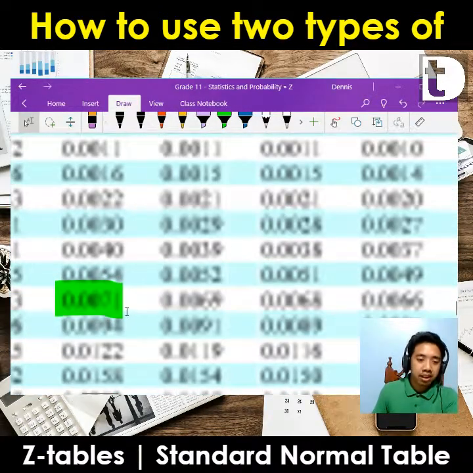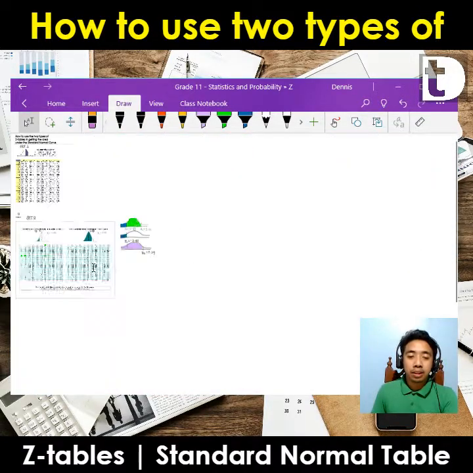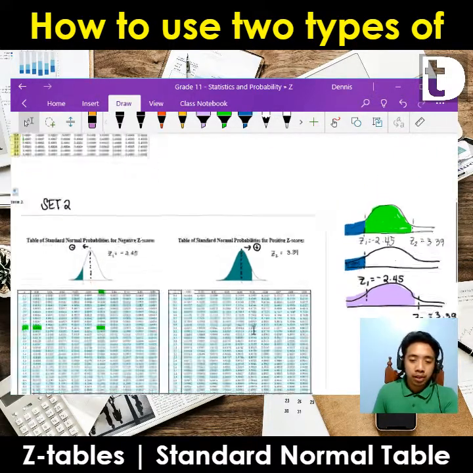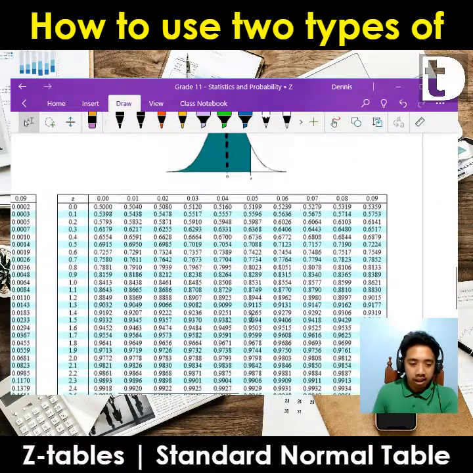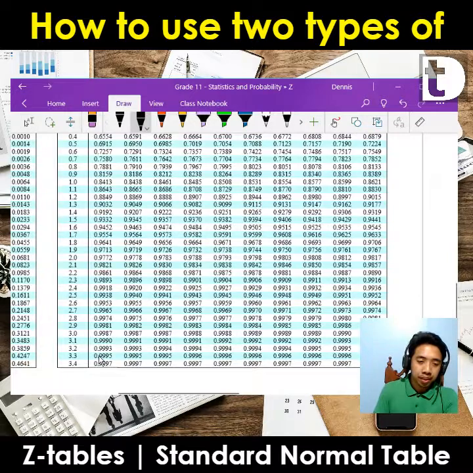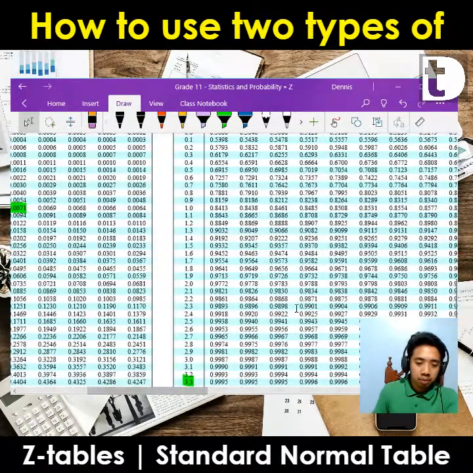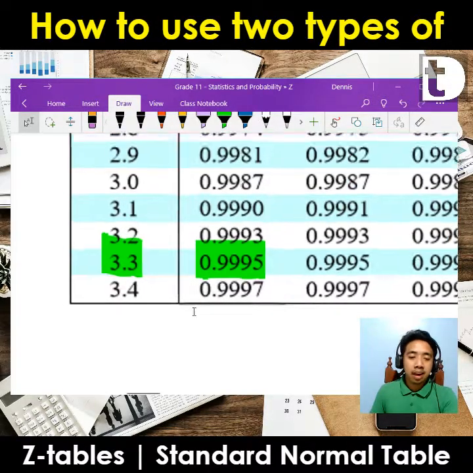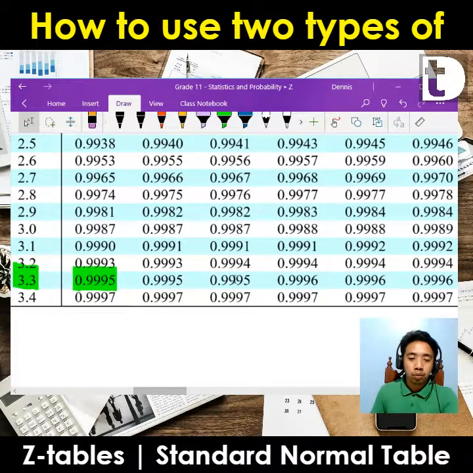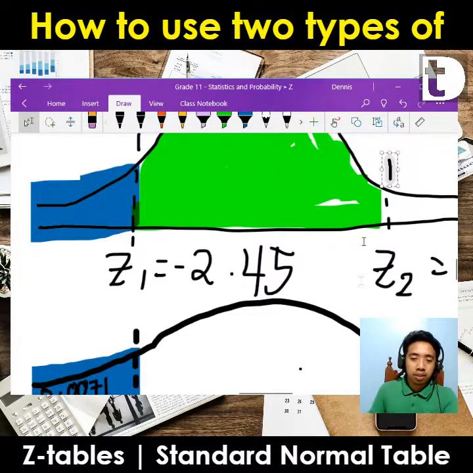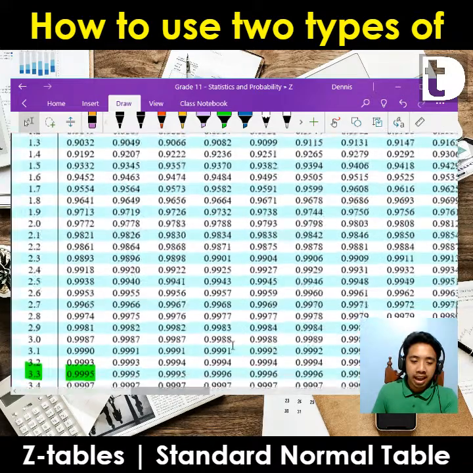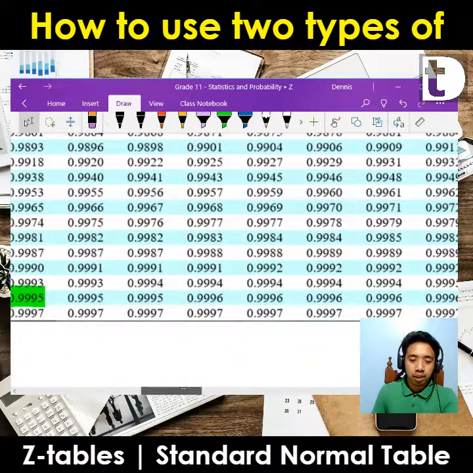Verify, confirm if it's correct. And the other one, our 3.39, is coming from the positive value. So let's find 3.3. This is our 3.3. Let's make it bigger so that you could see properly. So this is our 3.30. Let's count at the very end: 0, 1, 2, 3, 4. Then it went somewhere. Forgive me, I'm so lost here. I think it's at the very end of 3.3, which is